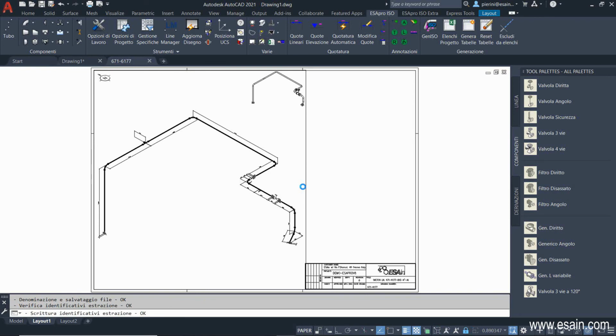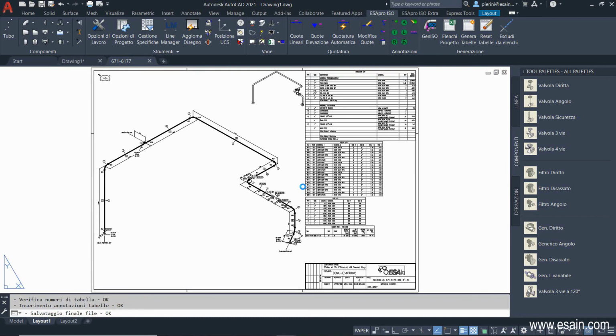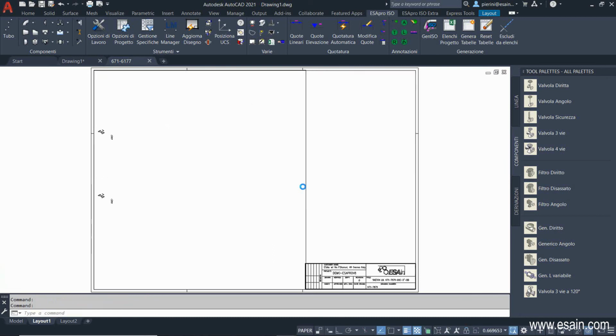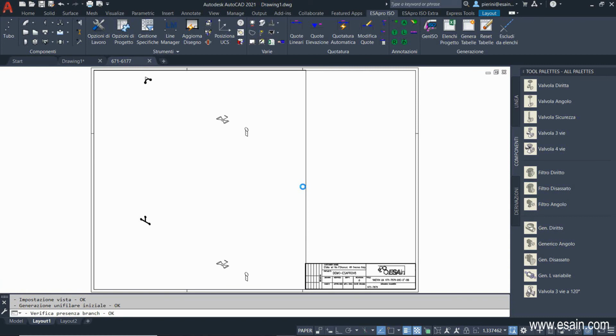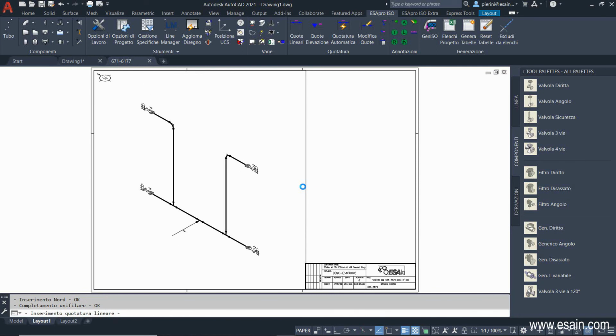On the top right, we also see the 3D model as it appears in the piping, and on the right side we see the BOM tables as well as all the position balloons. The second sheet, the 6177 line, also in this case the sketch is resized. Automatic dimensioning.